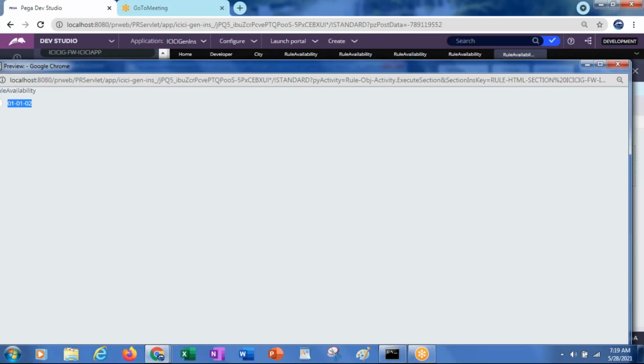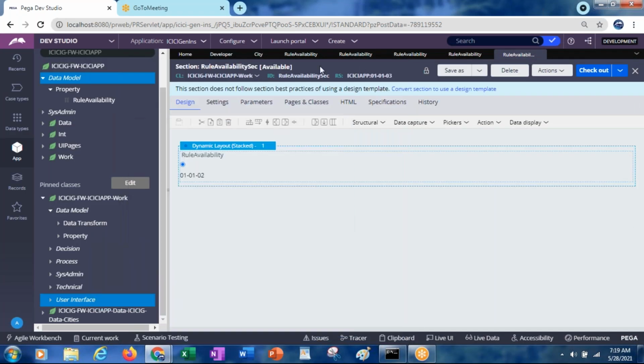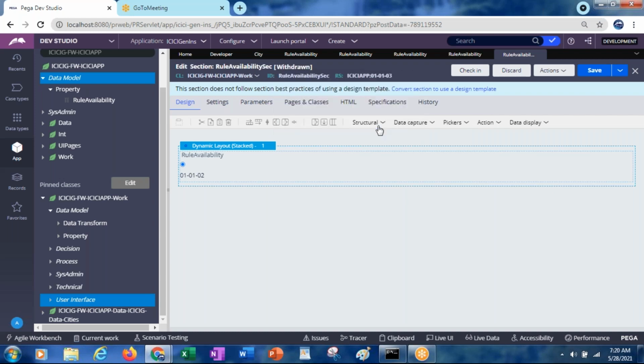Instead of this not available, I'll go for the other option: withdrawn. We have seen available, and not available is also done. Next we are going for withdrawn. Then save it.